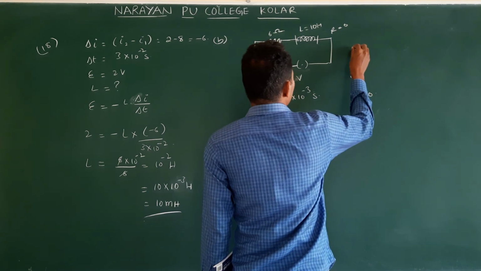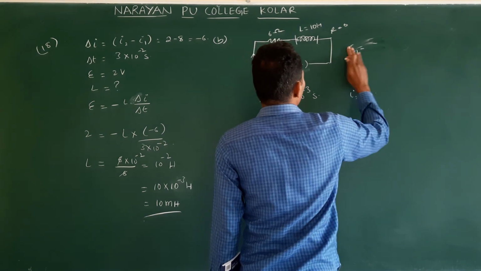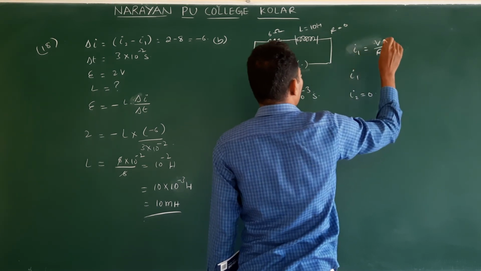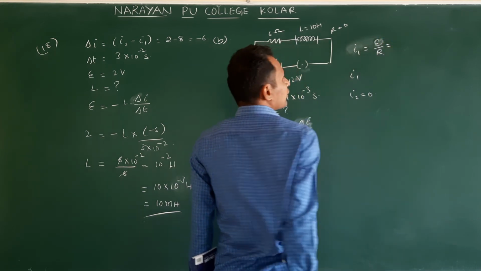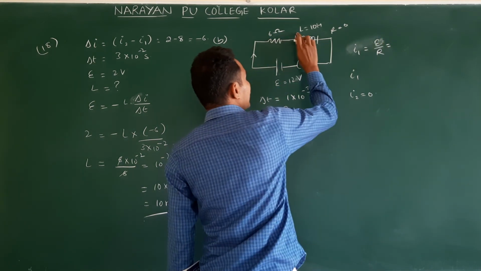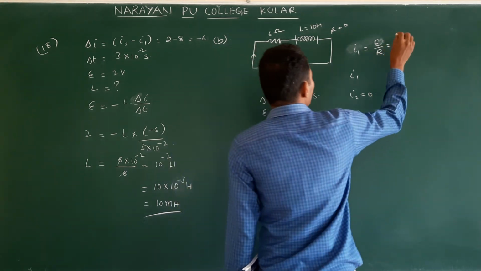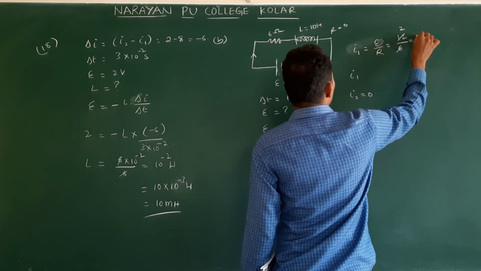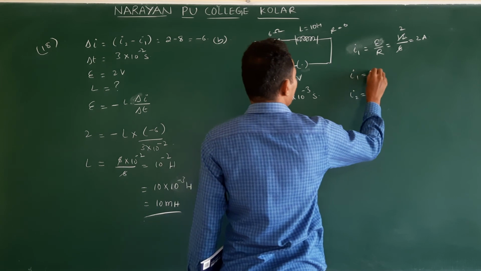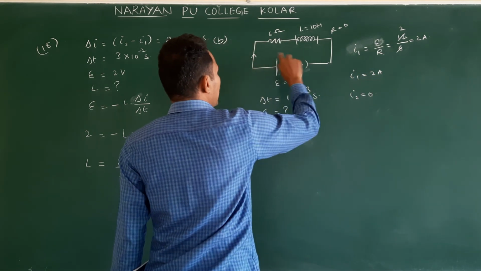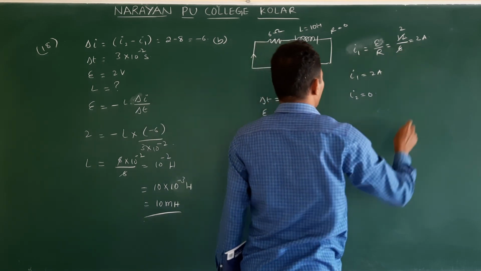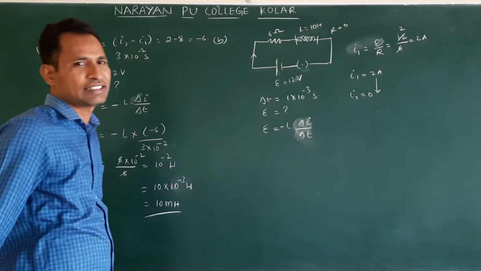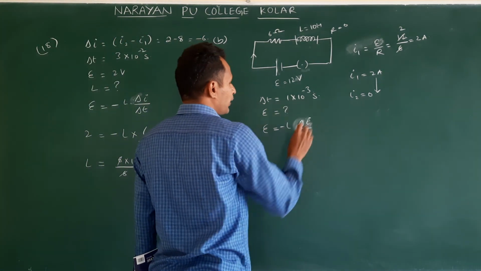So, what is that I1? I1 is equal to V by R. Total resistance is only 6 ohm because inductor does not offer any resistance. So E is 12, R is 6, so 2 ampere. So initial current, as soon as switch is closed, maximum steady current is 2 ampere. When switch is open, what happens? The 2 ampere current immediately drops to 0. So there is a change in current. In how many seconds? 1 into 10 power minus 3 seconds.